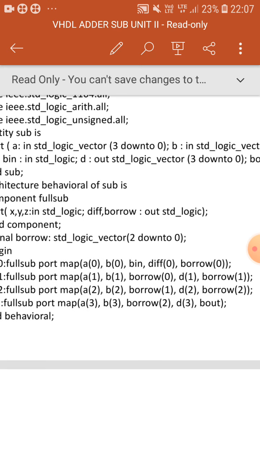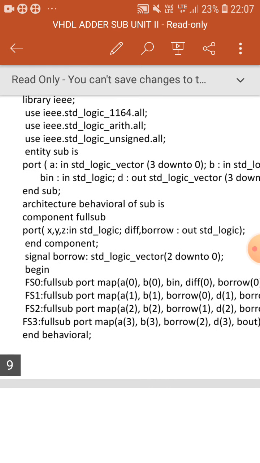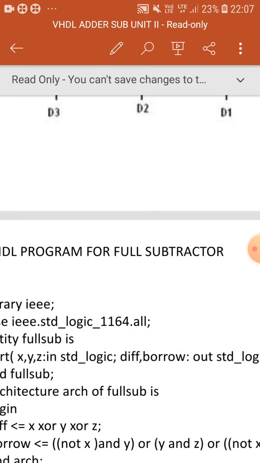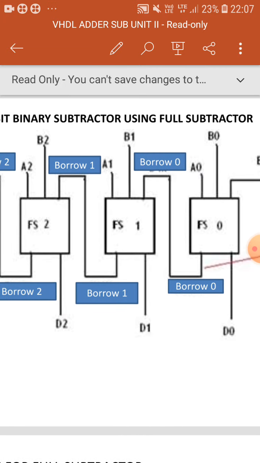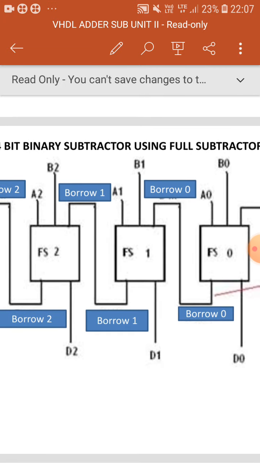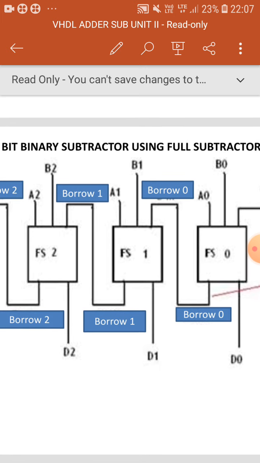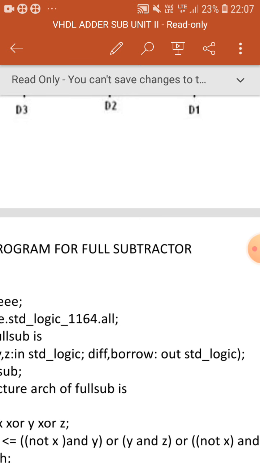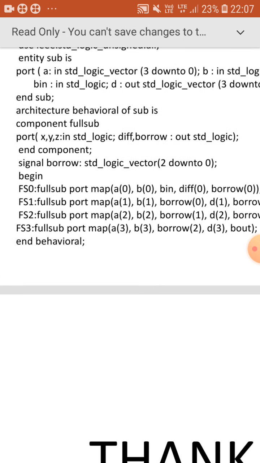Okay, d of 0 comma borrow of 0. Next I am mapping second full subtractor. Please note it here, a1, b1 and borrow 0 are inputs, d1 and borrow 1 are outputs.